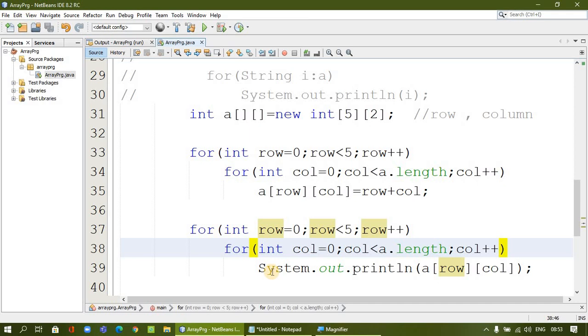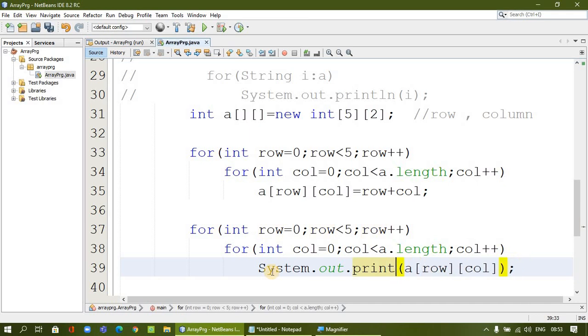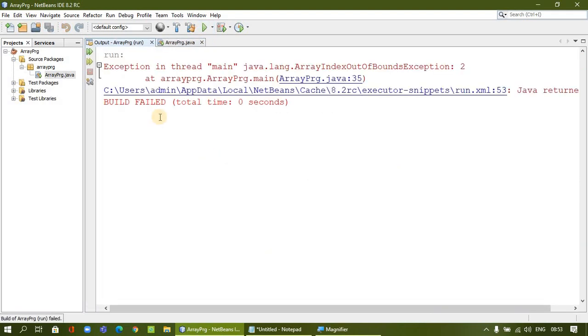We will just make an arrangement of printing. We can print it in the same line, so that the columns will be printed in the same line. Okay, and every time if we want, we can also give a space. Let us first of all print the value. We will see all, and then we can arrange the value.